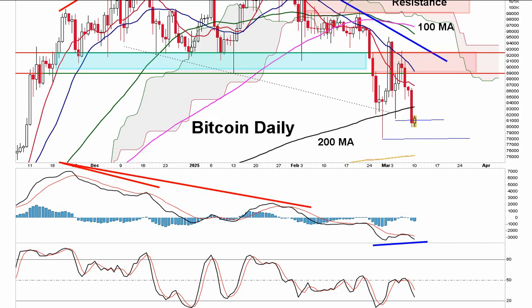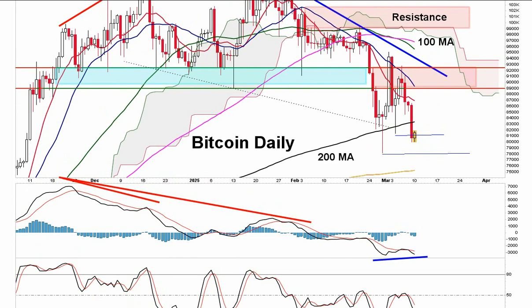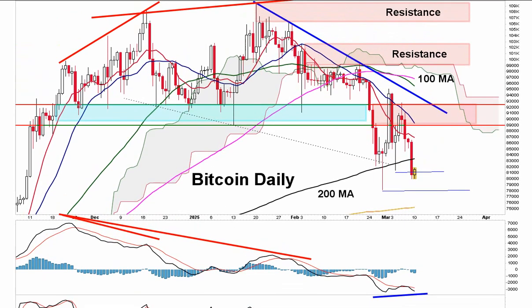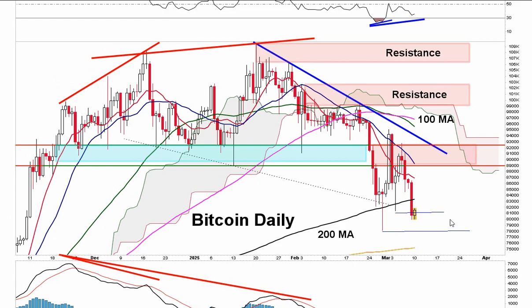Regardless, as I keep saying, I'm looking for a bottom surrounding the 200-week moving average, the 200-day moving average, and that 50-week moving average. We're just above that level. Talking about this 200-period moving average quite a bit. So again, you've got divergences that are possibly done, or you've got divergences that may be almost done if we end up taking out this level and going a little bit lower.